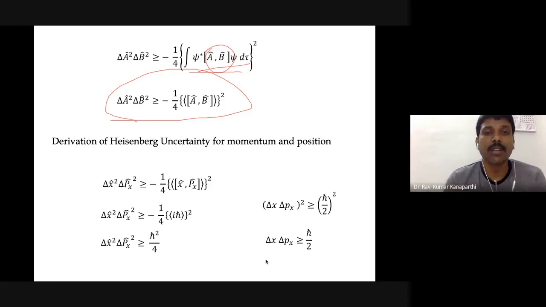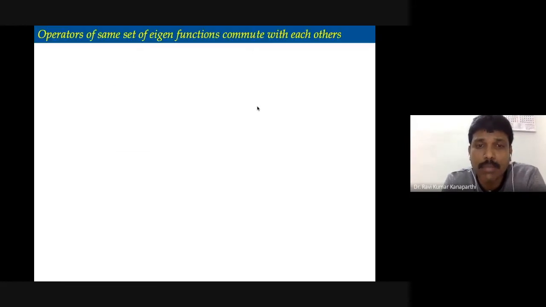Similarly, you can do the exercise for energy and time by using this generalized Heisenberg uncertainty relation. Having understood the generalized Heisenberg uncertainty relation, we will continue to discuss some other aspects, that is, some of the general theorems which are really required to understand the angular momentum concept. There are two general theorems which we will discuss further, and then we will complete a very small derivation, a small proof, and then we will try to wind up for today.